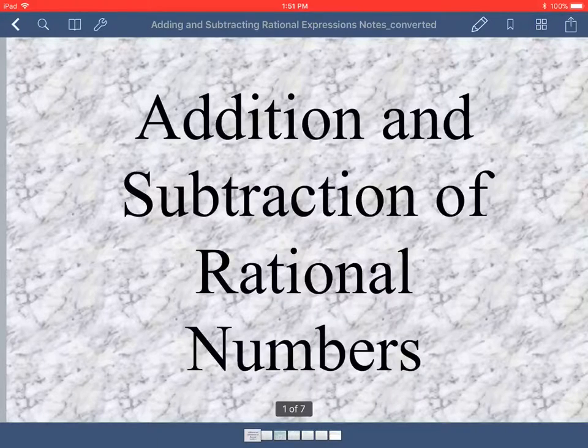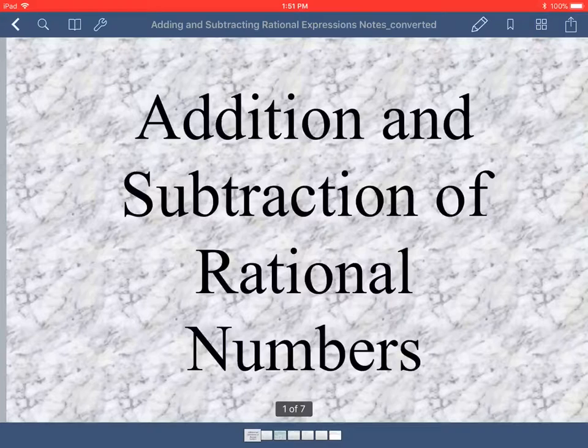Okay, so these notes are over addition and subtraction of rational numbers. We treat rational numbers just like we do normal fractions. So when we multiplied, we were able to multiply straight across. When we divided, we multiplied by the second rational's reciprocal, copy dot flip, and then we multiplied straight across and simplified. For addition and subtraction, we are going to treat them just like normal fractions, so we have to have